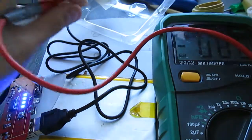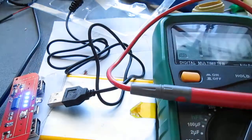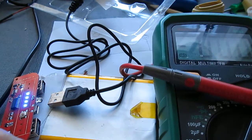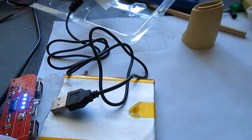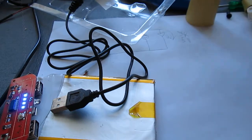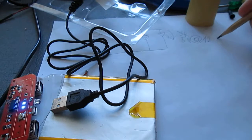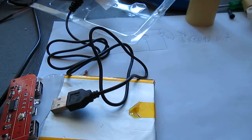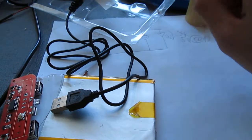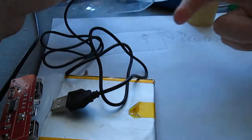So the current, you probably didn't see that, but the current was 12 milliamps. But that doesn't really make sense because I'm just going to write this down here for a moment. 5 volts at 12 milliamps. Because I thought that they would run the LED at a higher current because there's no resistor in series,